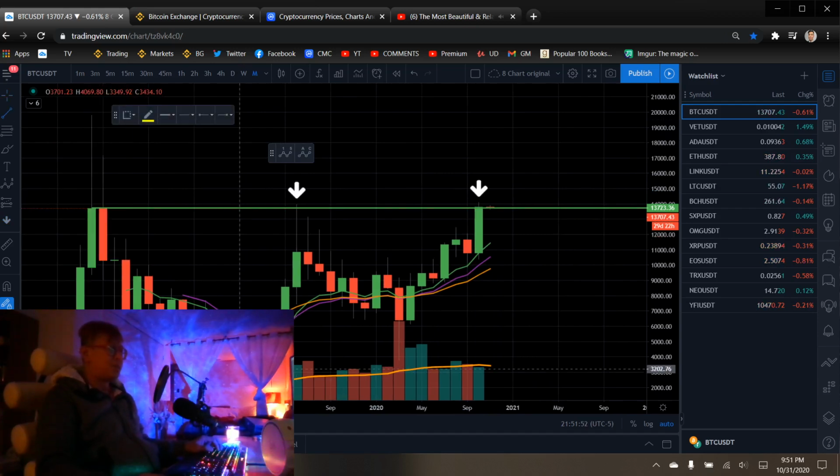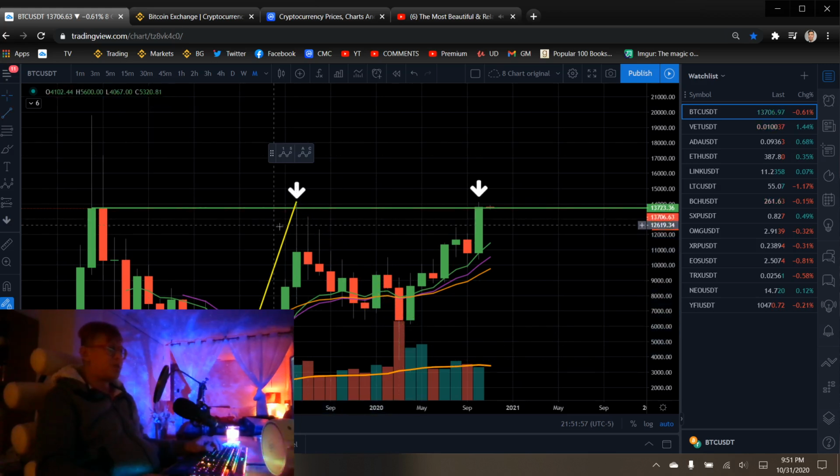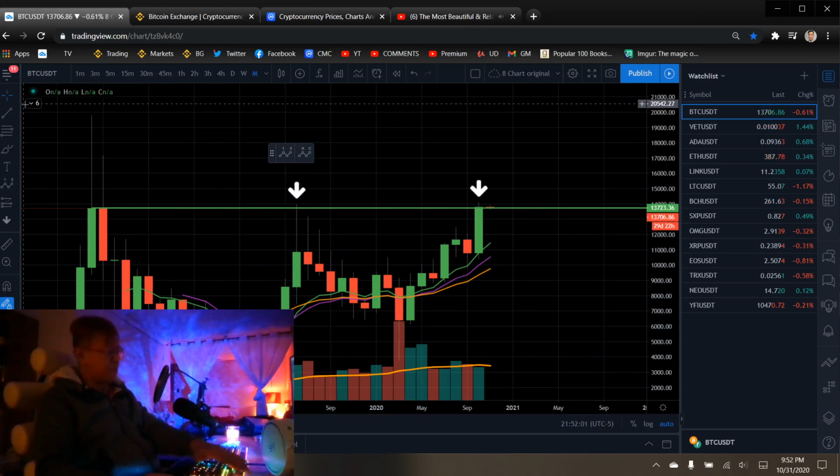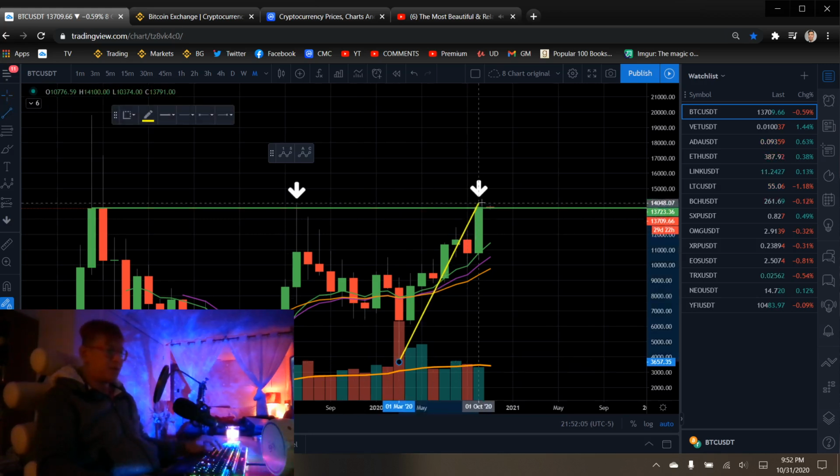So who knows, this could have been the subwave 1. That could have been a 2 in there. So if that were even the case, all that we're doing right now is basically looking at this particular...